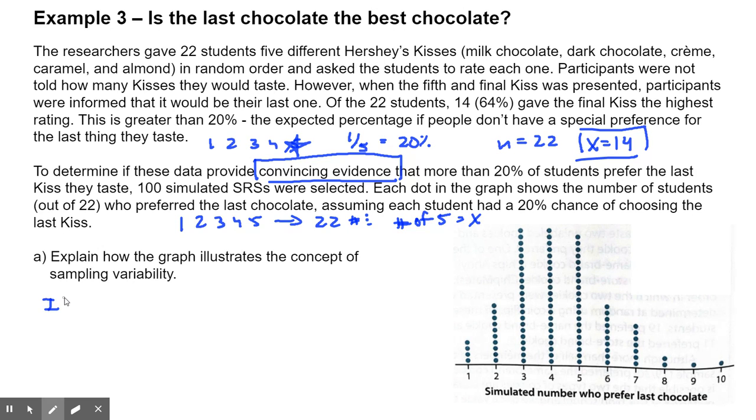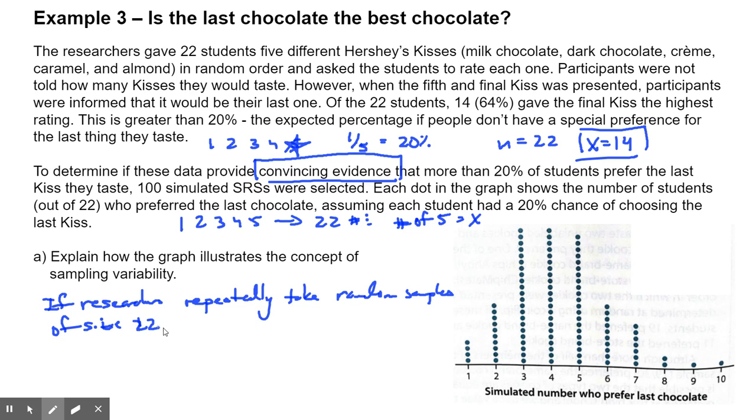It says, if researchers repeatedly take random samples of size 22 from a population of students who show no preference for what they taste last,